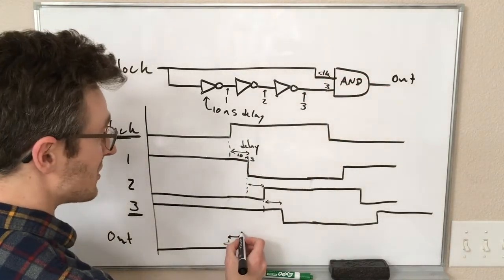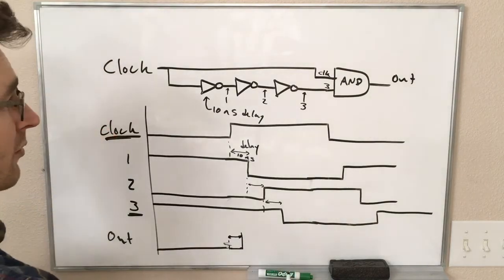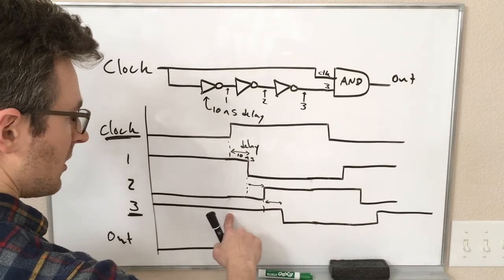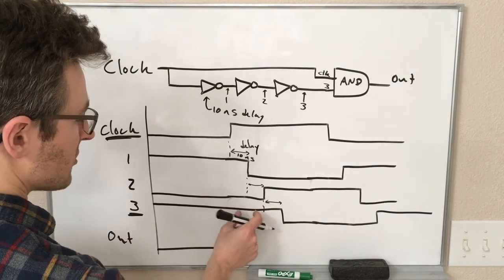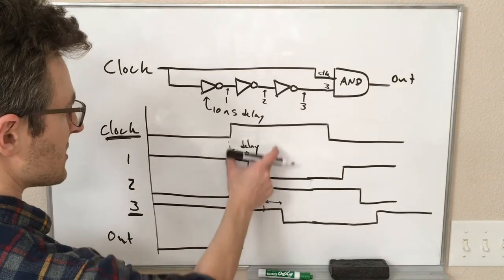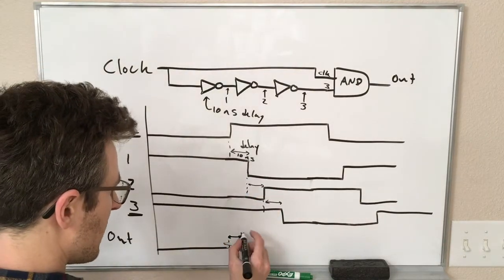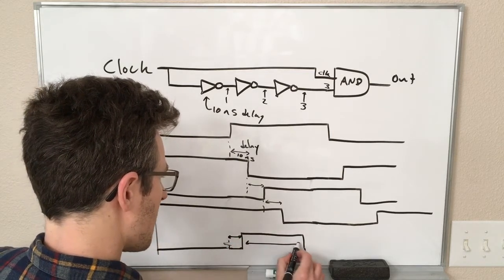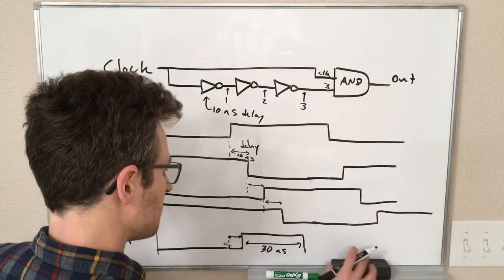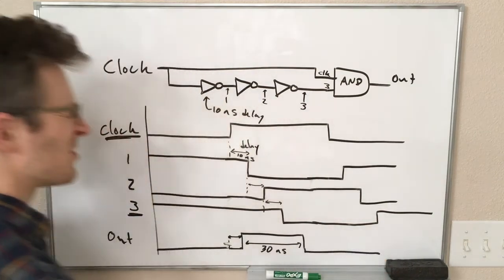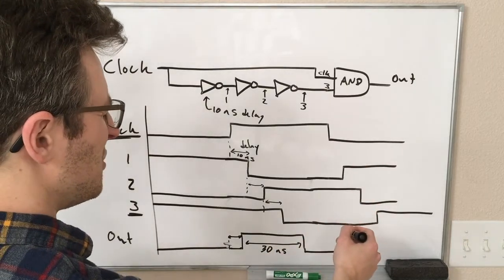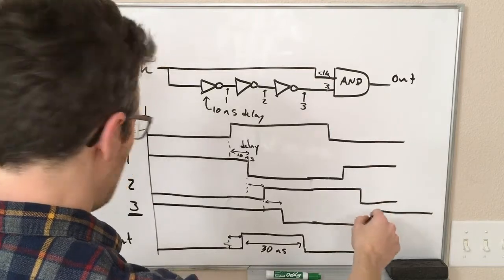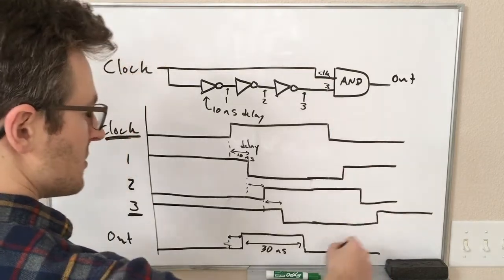Okay, so then it's going to stay on until the clock or 3 turns off. So the clock stays on for a long time. 3 is on for 30 nanoseconds after the clock turns on. So we have something that looks like this, where this whole time is 30 nanoseconds, and then it turns off. And over here, you can see that the clock is off when 3 turns back on, so there is no second